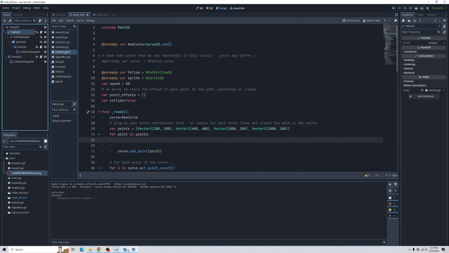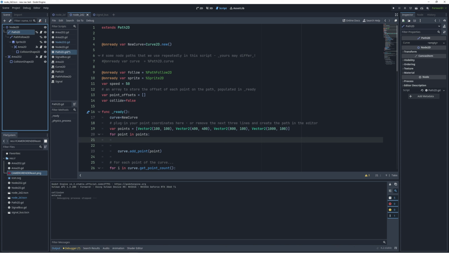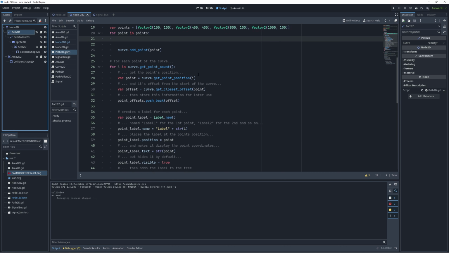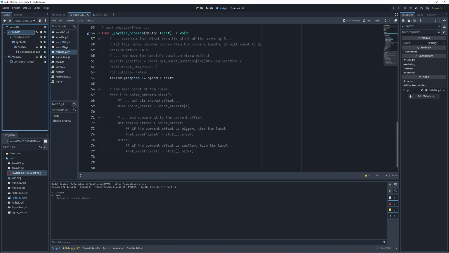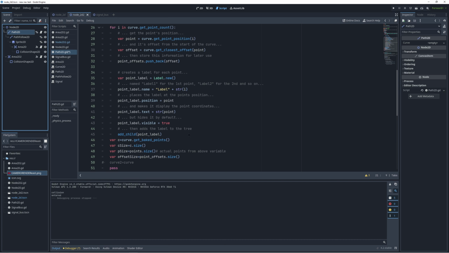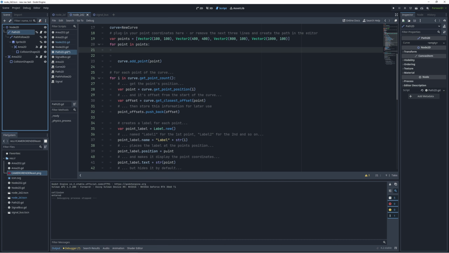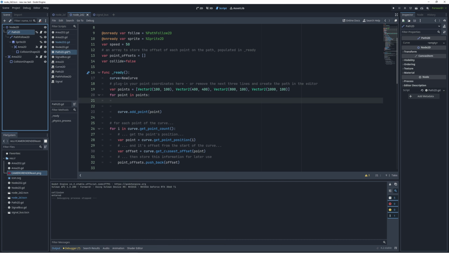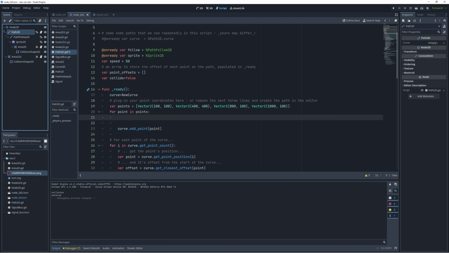So the main issue that we have is in my other video, I had his code corrected so it would work in Godot 4, which mainly means getting rid of all of his physics stuff, changing point label visible to true instead of false so it actually shows. Otherwise it all worked right off the bat. However, it won't work here. And I'll hit F6,